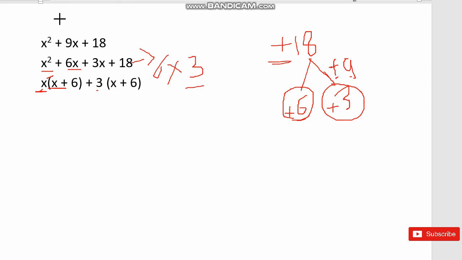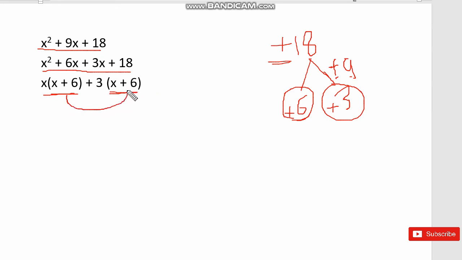So what do we have in the next step? Let us see. Here is the x plus 6 and here also the x plus 6. This is the common factor. Here are 3 terms. It becomes just 4 terms, now it becomes 2 terms. And in these 2 terms, what do we know? x plus 6 as a common. So we just take x plus 6 common.